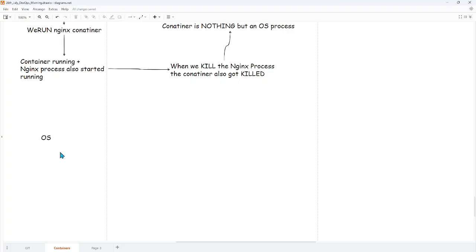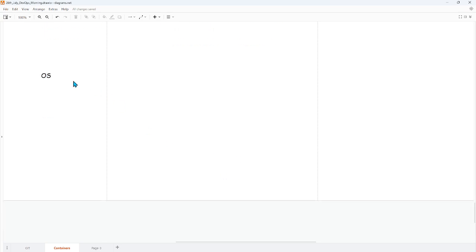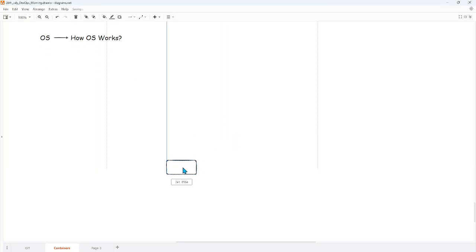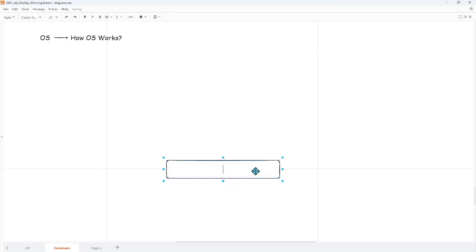So this is one of the concepts that I will just explain you. Actually, how does an operating system work? Let's try to understand how an operating system works. Very high level, we have something known as hardware. Over this hardware we have, for example, RAM, CPU, the most important things, but there are a few other things, but RAM and CPU are literally the most important, and even our hard disk or whatever it is.